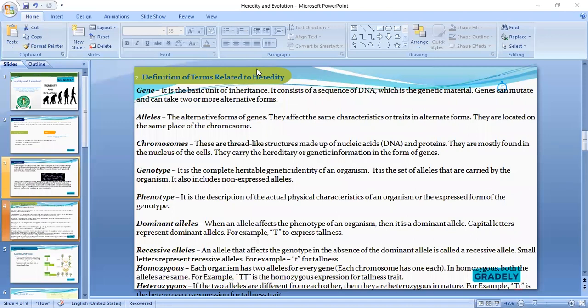Meanwhile, phenotype, I said that you cannot see genotype. Genotype is not physical. It is inside. It is the constitution. Are you getting it? What makes you up, as you are tall, as you are fair, as you can decipher things without someone telling you. That's your genotype. Nobody is seeing your genotype. But the phenotype is the physical appearance.